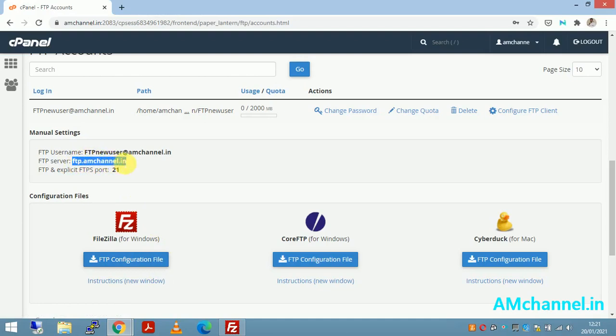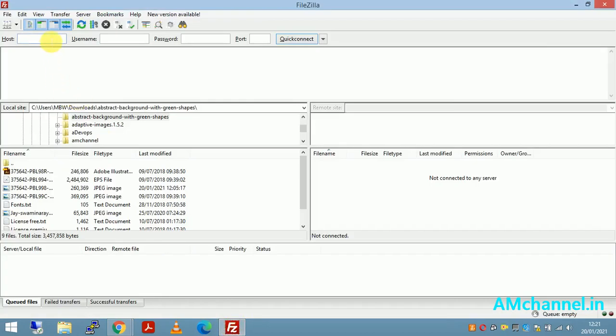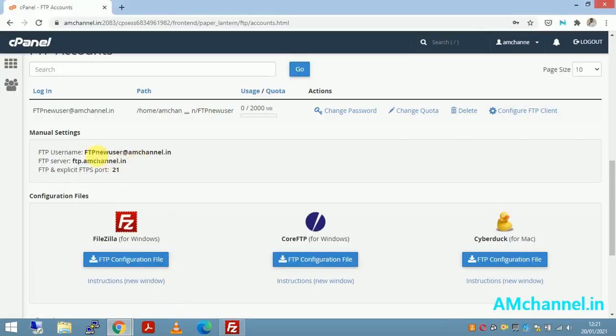Most of the time it is ftp.domain name. Now the username is this. As with our Gmail ID or email ID, where your name@gmail.com is your username, in this case also you can use this as it is.